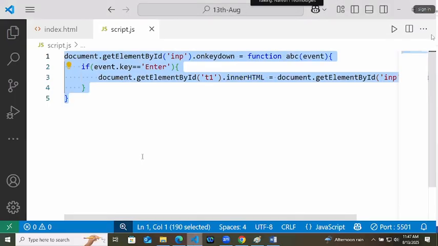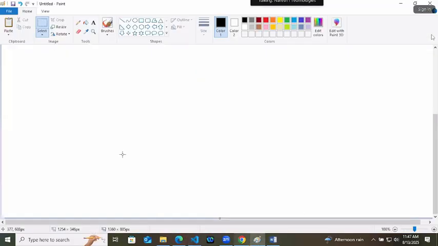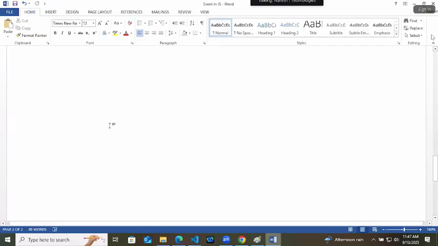Here we have one more thing that is generally called add event listener. What is that? Add event listener. All these things are really unnecessary, like this is not even required, but what we have to do.